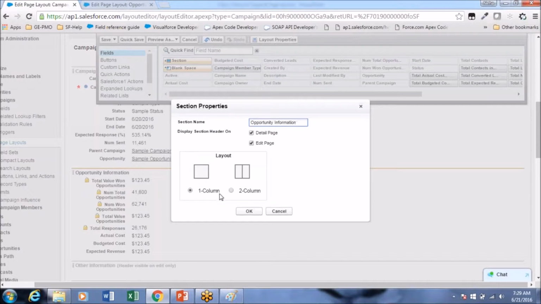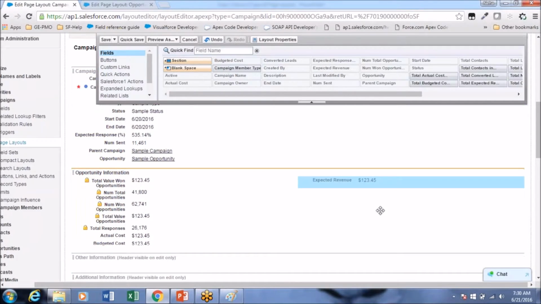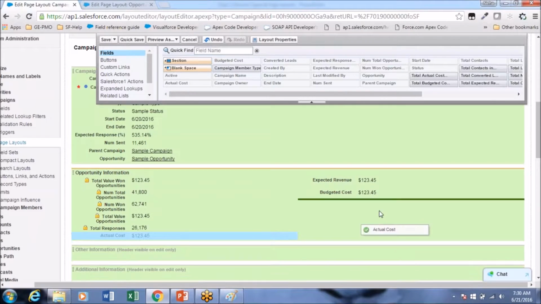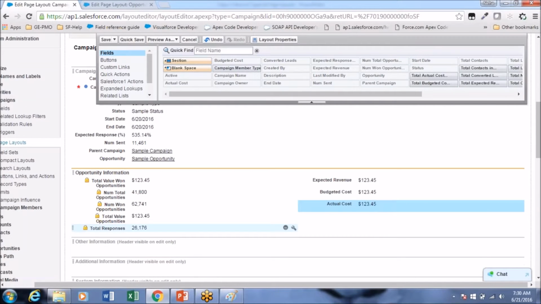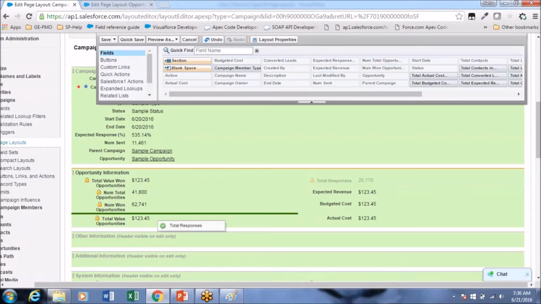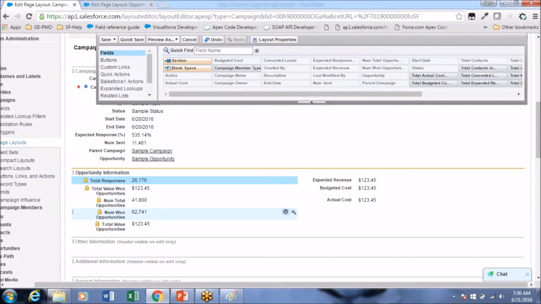If we choose the two column layout, it will let us add here. Okay, so here if you want to edit anything, we can edit the properties of this section using this wrench icon.